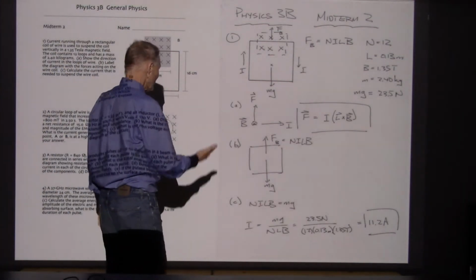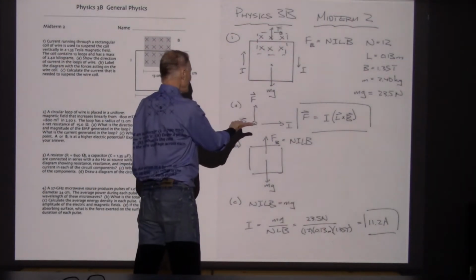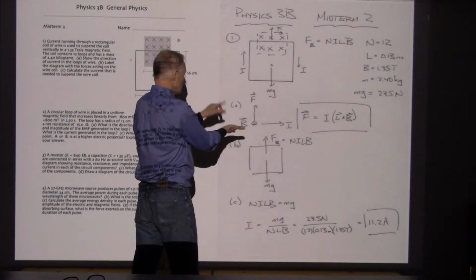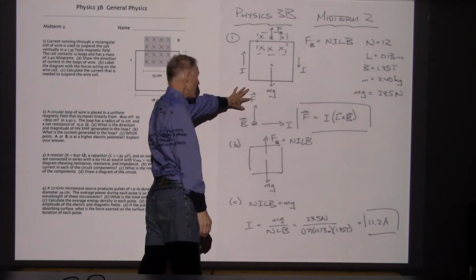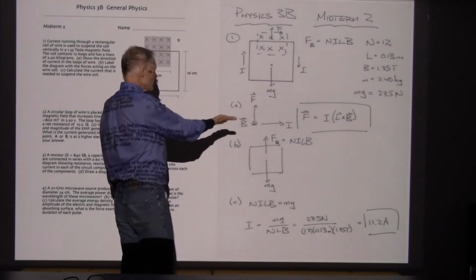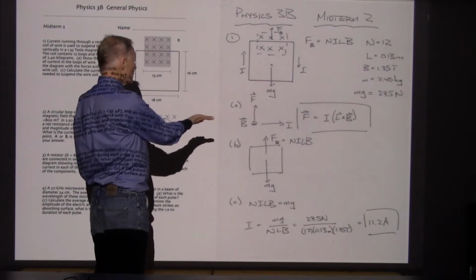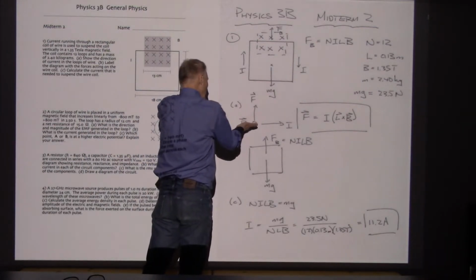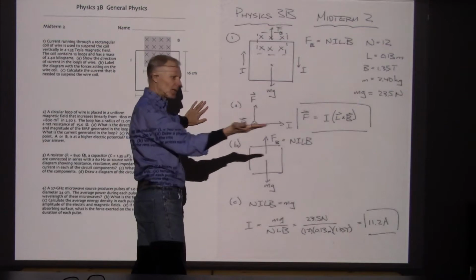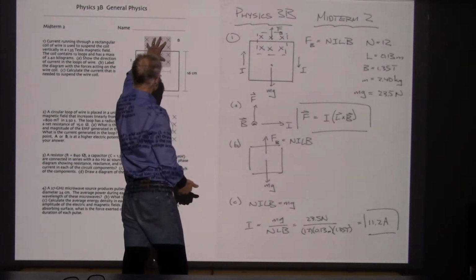So let's see if we can arrange this. So I am going to have my palm facing upwards because that's the direction of the magnetic force. So my palm is facing upwards. Now it does turn out that my fingers in that case are going into the board. I could move these around, but I need them to go into the board because that's the direction of the